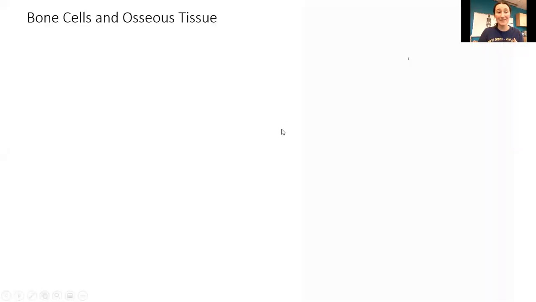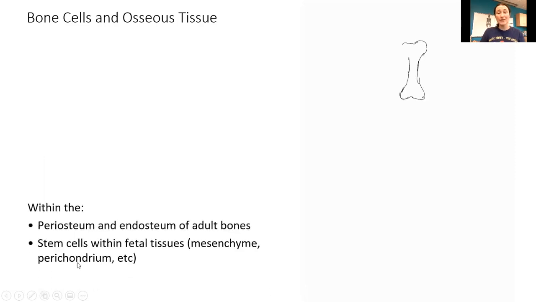Hello everyone. In this video, we're going to be learning about osseous tissue, or bone tissue, and the cells that make it up. Now our story is going to begin on the surface of any bone, such as this long bone here, in the periosteum. Now the periosteum, remember, has an outer fibrous layer for the attachment of muscles and an inner layer of osteogenic